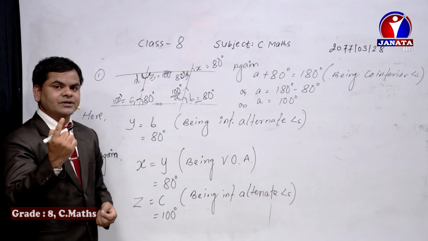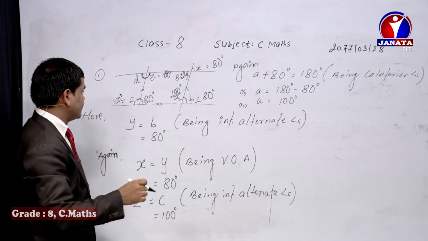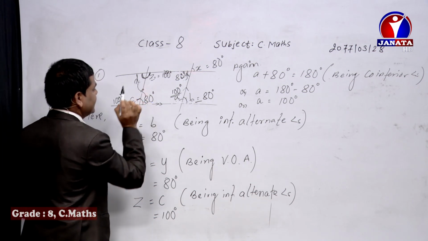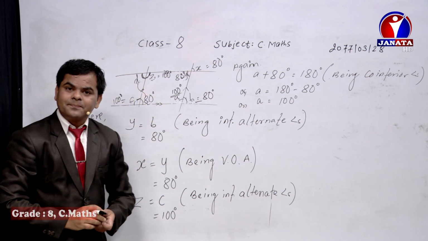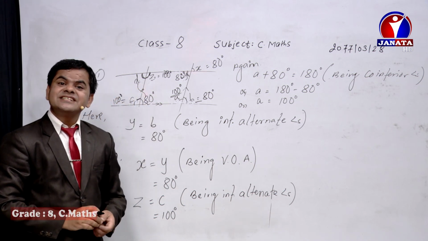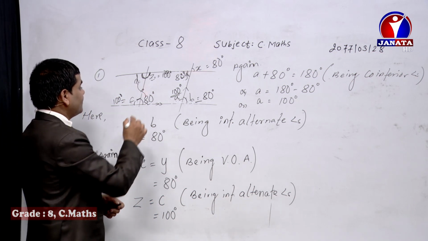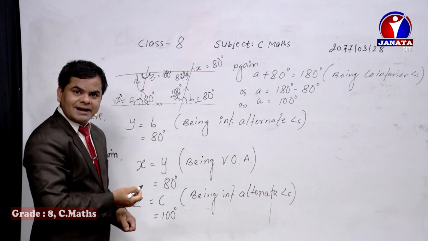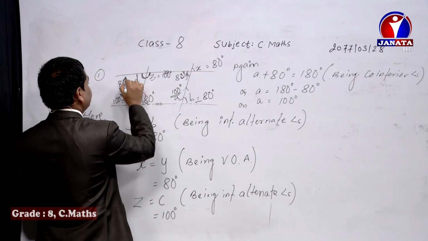That is one way, dear student. It doesn't mean that you need to follow that method. There are other methods as well. You can directly compare the given value 80 and D, because they form interior alternate angles, and we know that they are equal to each other. So you can do that one as well. It will be shorter as well. So D equals 80 degree, interior alternate angles.